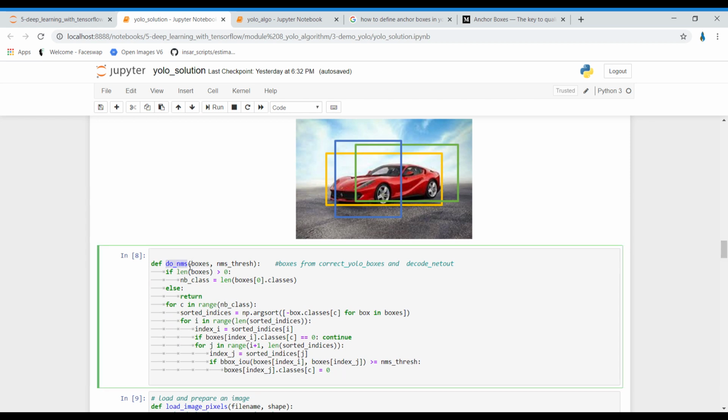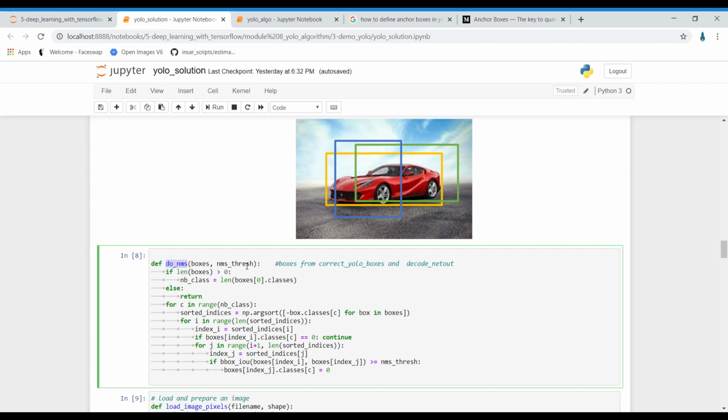We have a function named do NMS, and we are passing two arguments to it: boxes and NMS threshold. We need to pass all the boxes which are predicted, and we need to give the NMS threshold. Threshold means the probability value on the basis of which non-max suppression will finally give us the correct, clean predicted box.